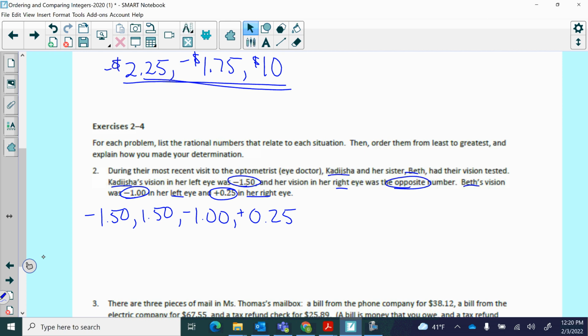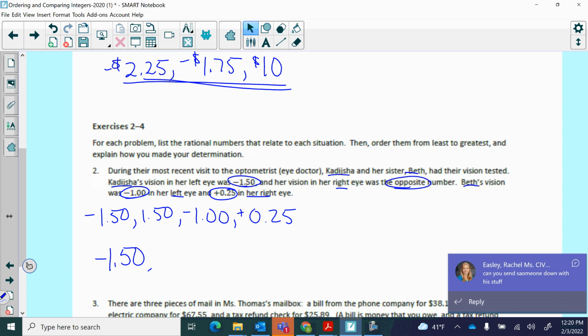So which of those numbers would be the smallest or the farthest left on our number line? -1 and 50 hundredths. Next one would be -1. Then we go to our positives. We have a decimal, so a decimal is going to be smaller than anything with a whole number. And finally,